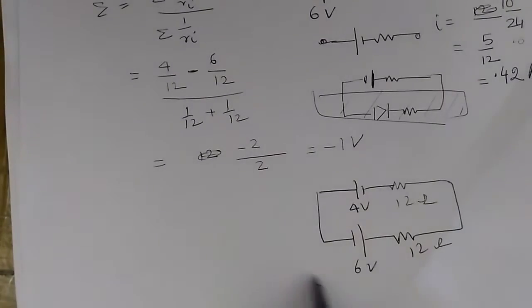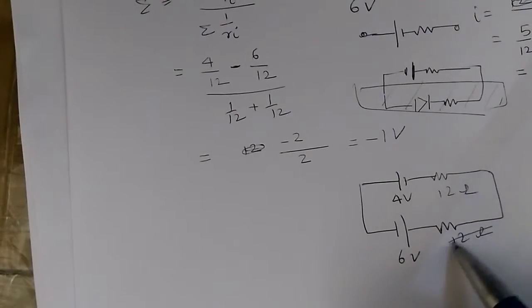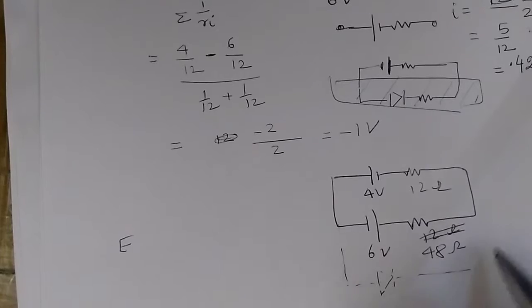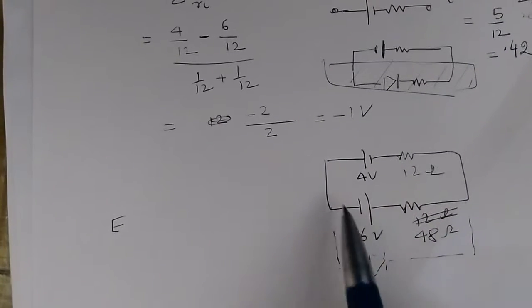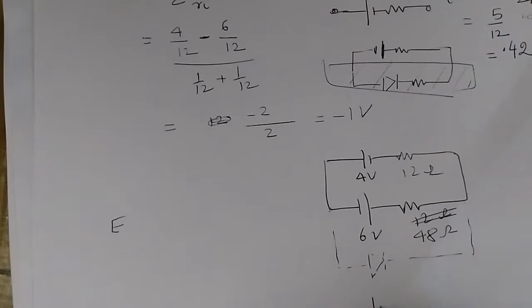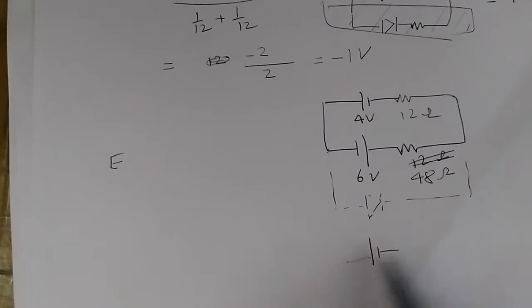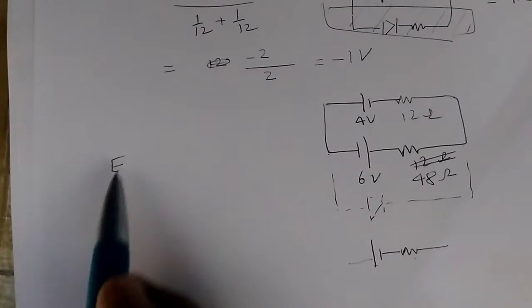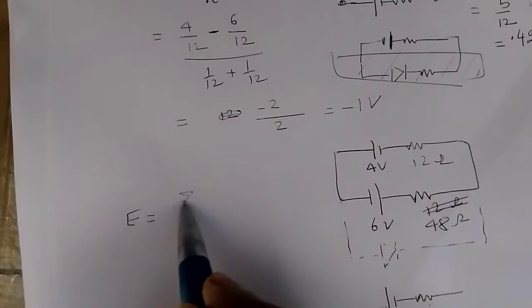Now in this circuit, the equivalent resistance is 48 ohm. The equivalent battery is E. Mentally remove the diode for the moment and focus on the voltage difference between this point and this point. Let us say this voltage is in this direction and it is replaced by another cell and another resistance. And this EMF E, the equivalent EMF E, is equal to